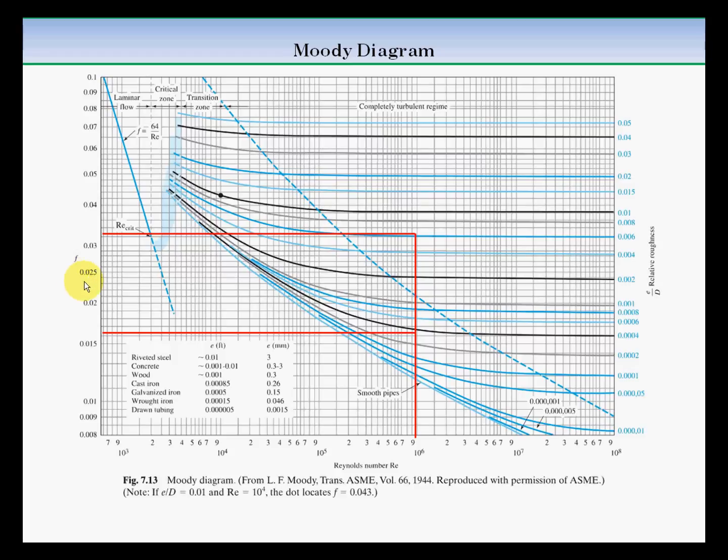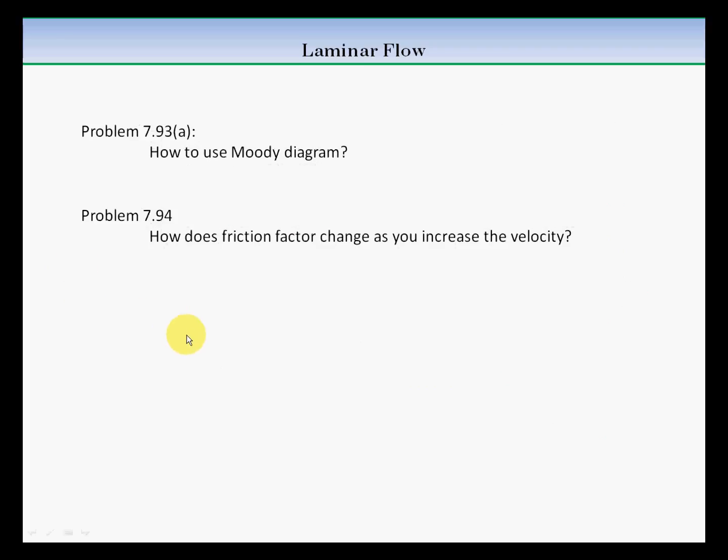Actually, one of the problems you'll be doing today helps you figure out how the friction factor changes as you increase the velocity. So now go ahead and Adam will help you solve problem 7.93a, and then after that problem is solved using the Moody diagram, he will solve 7.94 part A for you, and then you will go ahead and do parts B, C, and D, and figure out how the friction factor changes as we increase the velocity of flow while keeping everything else